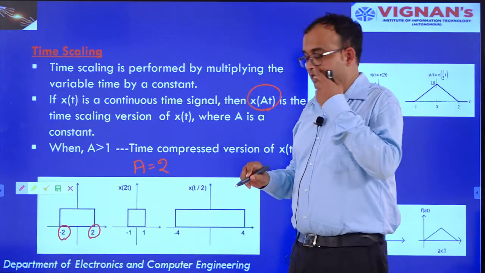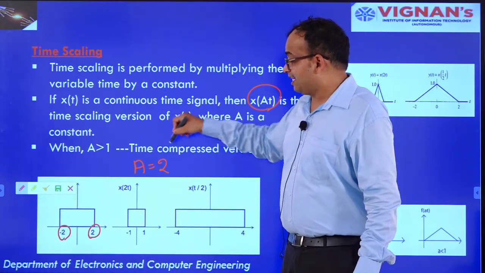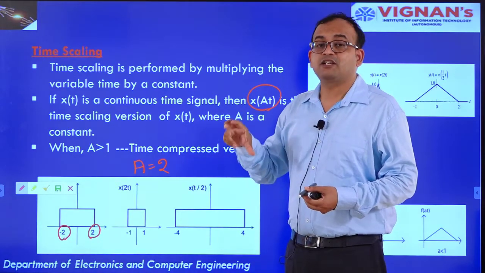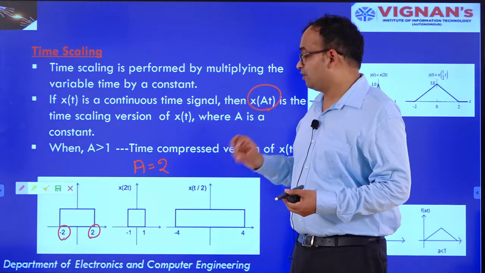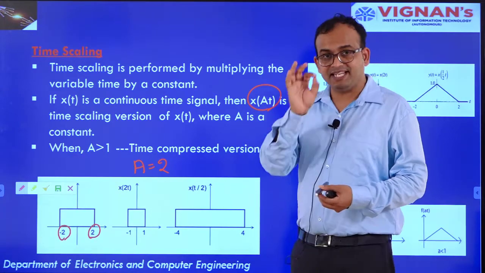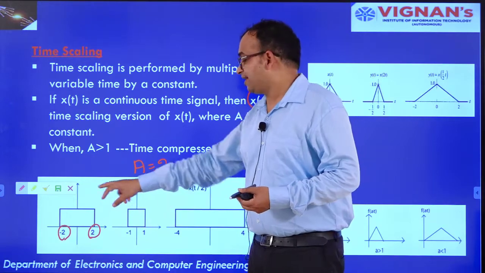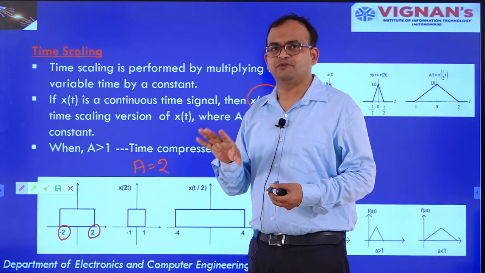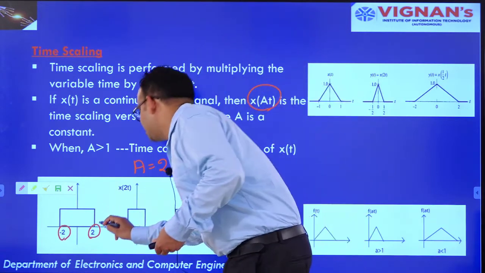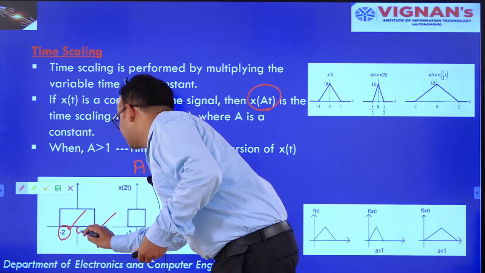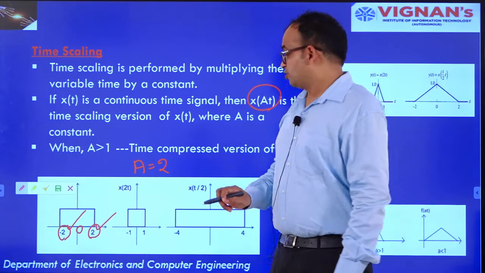This is a very simple thing. So now see what happens. If I take it like this, the signal will be compressed. How can you know these things? There are two or three time factors for the signal. You can take one as 2, the next one as -2, and the middle one as 0.